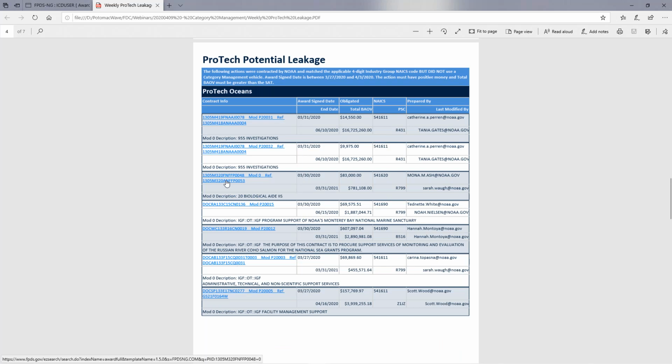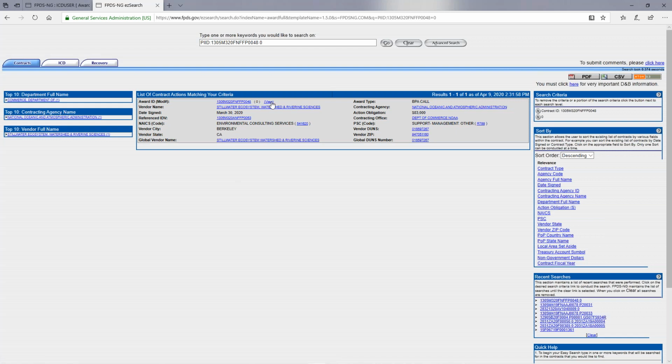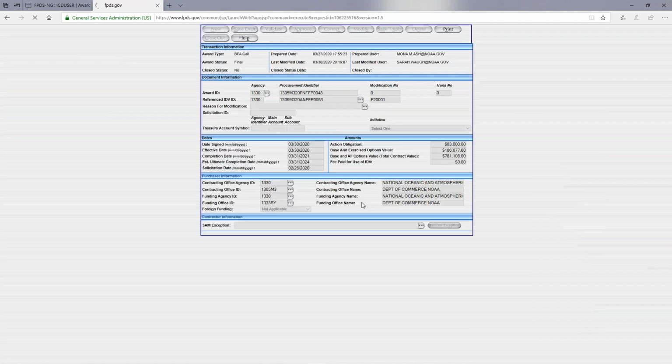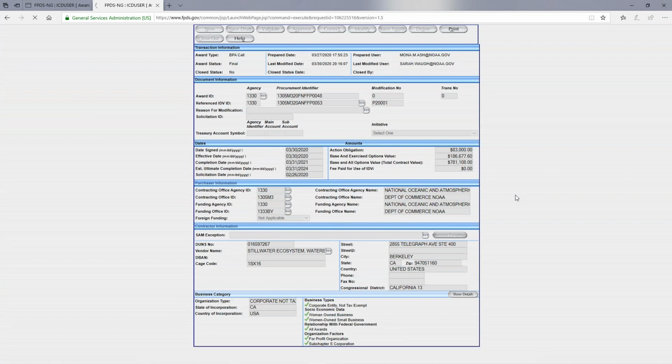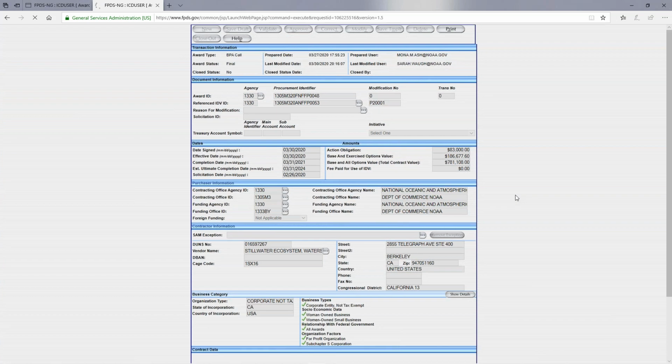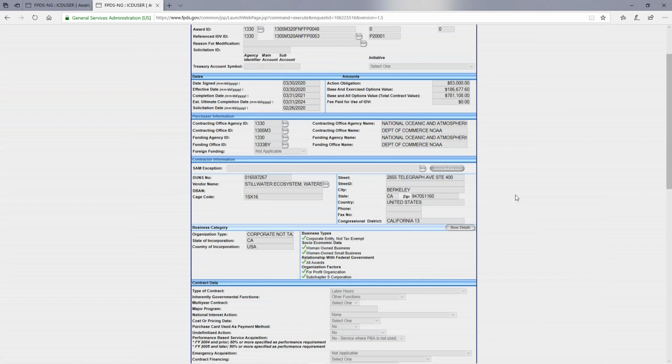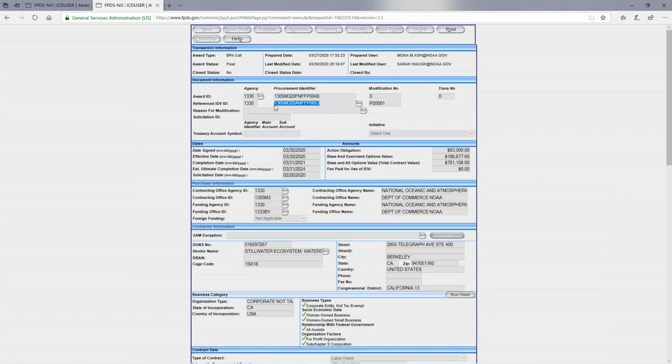We also identified, in conjunction with NOAA, this award as leakage against Protect Oceans. Okay. It did not reference a category management IDV, one of those Protect IDVs that NOAA set up.